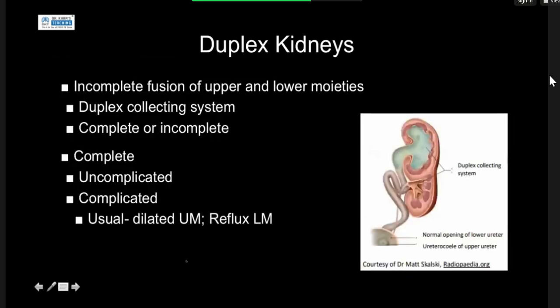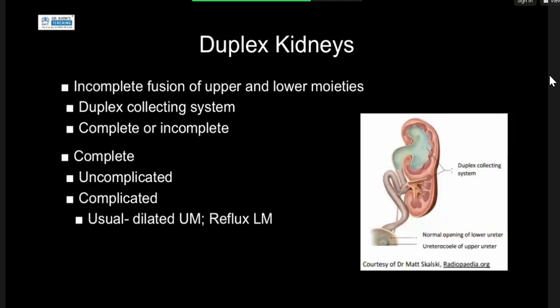So duplex kidneys occur because of an incomplete fusion of the upper and lower moieties of the kidneys. What you get is a prominent rim of renal cortex splitting the upper and lower moieties. On ultrasound, sometimes we'll see a prominent column of Bertin, which is a rim of cortex dividing through the kidneys, and we have to decide whether we think this is a true duplex or anything in between,